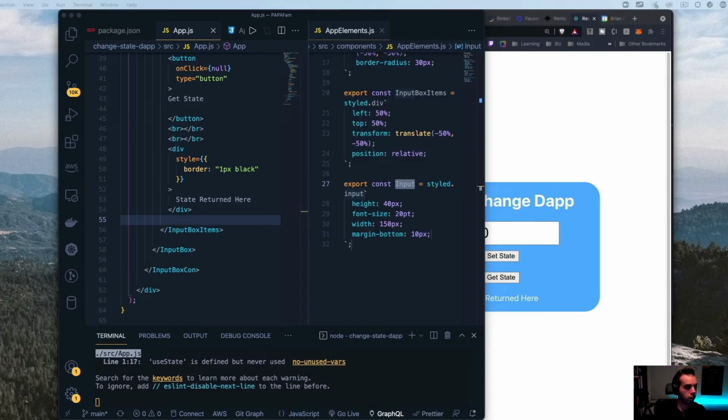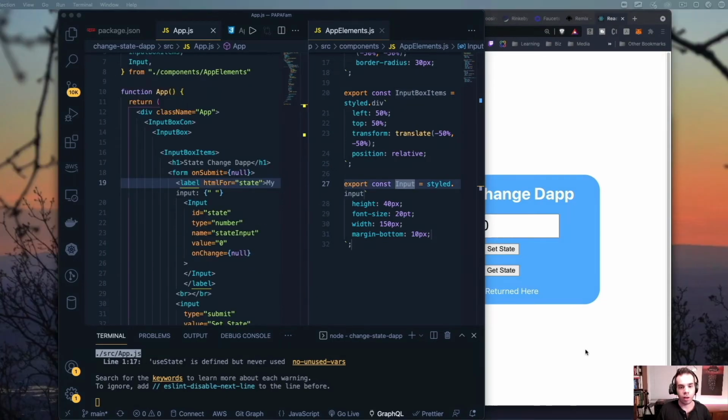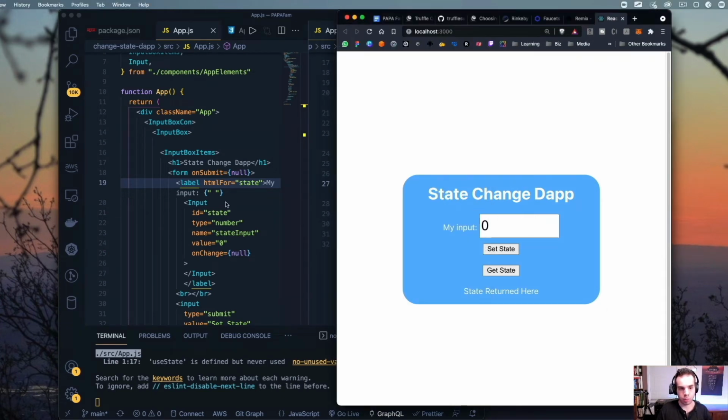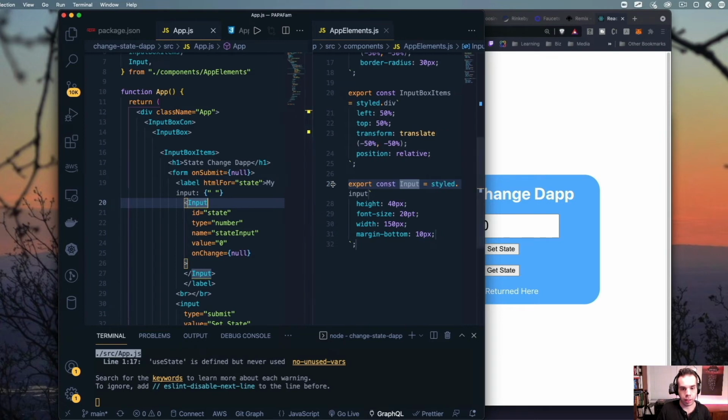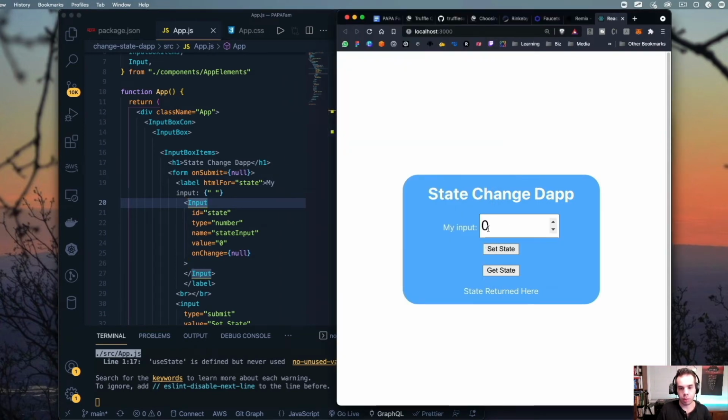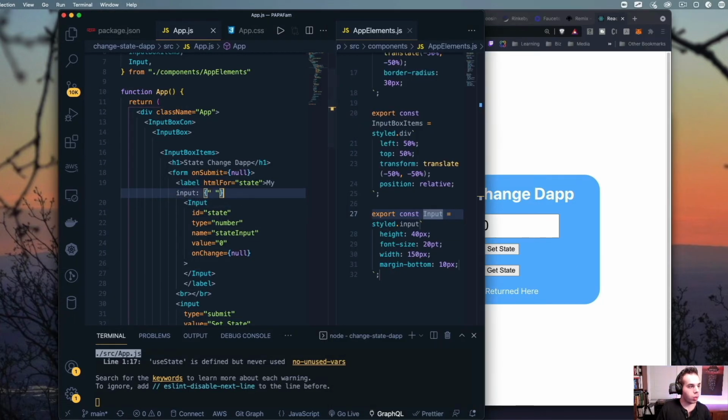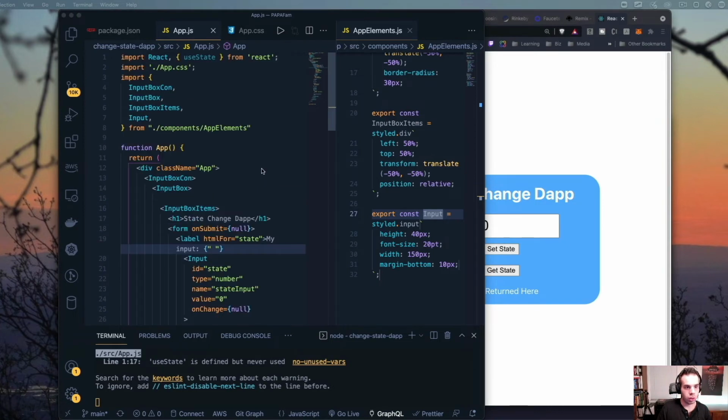Now let's put in some React hooks because we're going to want to actually change some of this data. All right, so we just finished building the front end of our application, but we're going to need some state to help manage some of these inputs. Specifically, we're going to be needing state for the input to track us sending data to the blockchain, and then also state in returning the value of that state that we set. So what we're going to do is we're going to use some hooks. So we're going to use the state hook in two specific ways.